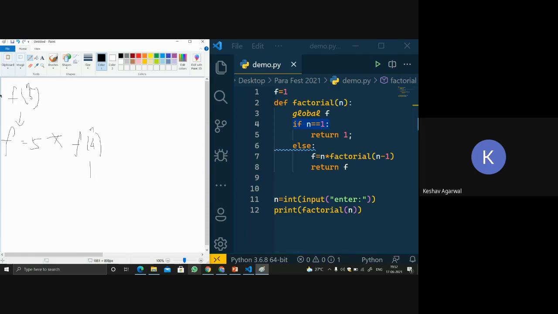Now just forget about this part, just see this part. This part does not exist for you right now. So now what will happen? We will check if 4 is equal to 1. No, it's false, so it will come to the else part. Again f is equal to n, that is 4 into f of 3.